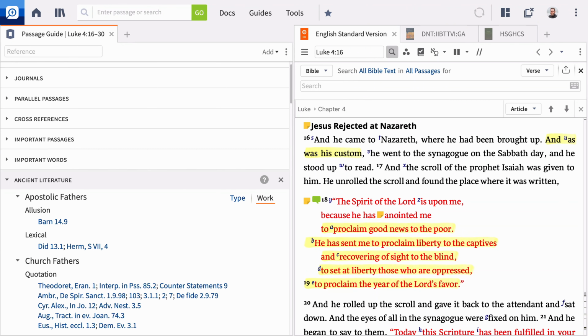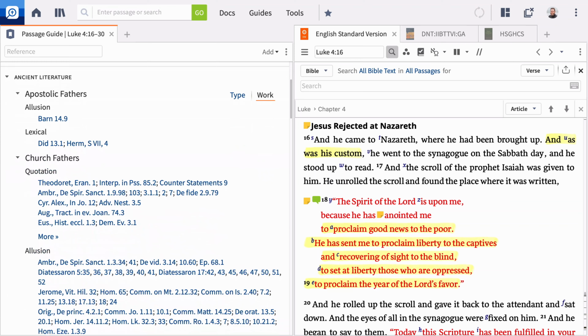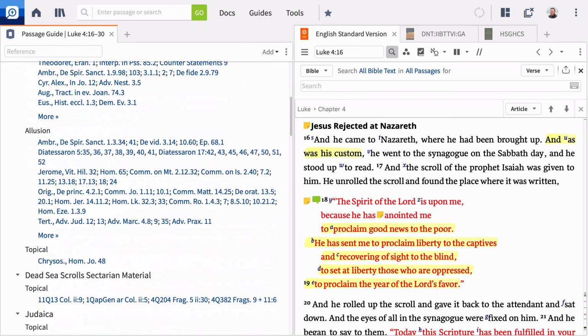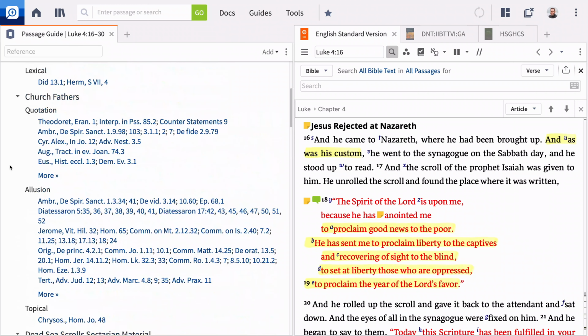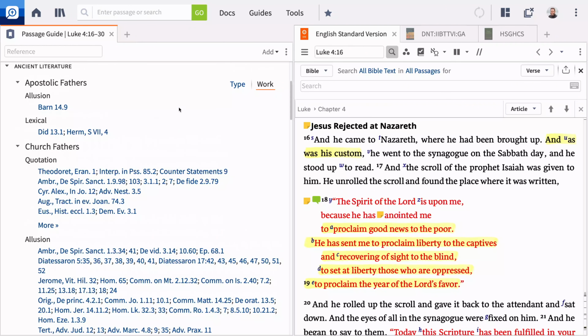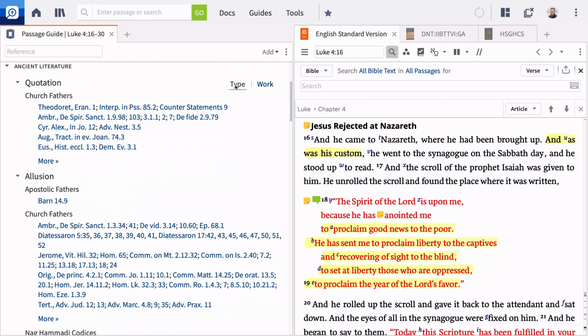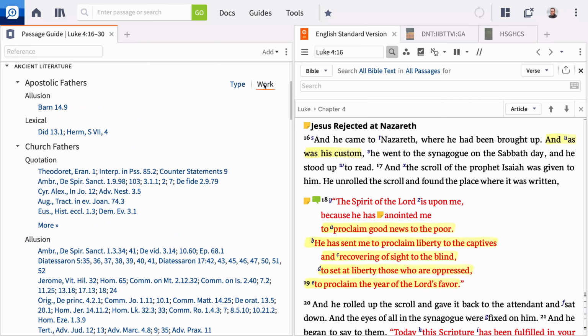The Ancient Literature section contains a variety of sources, including the Church Fathers, Josephus, Philo, the Dead Sea Scrolls, and other ancient texts. You can sort this section by the type of connection to the passage, or by the source. You'll find references to all resources in the Logos system. For the